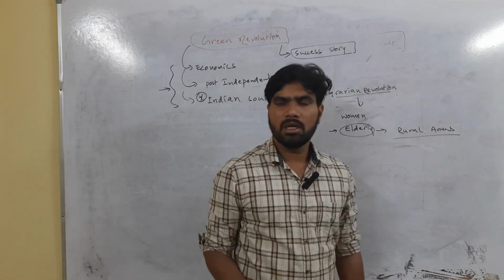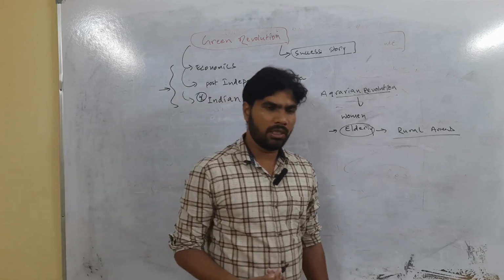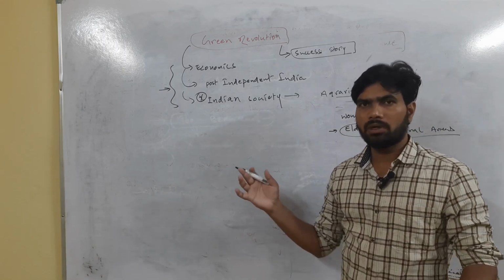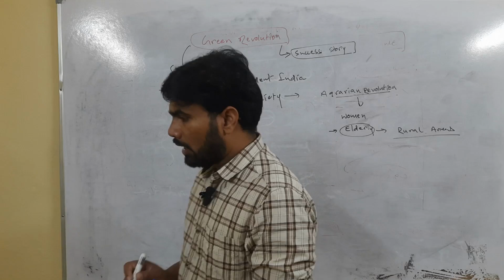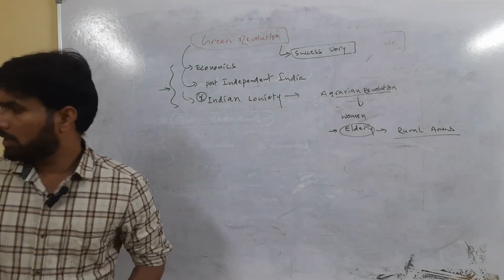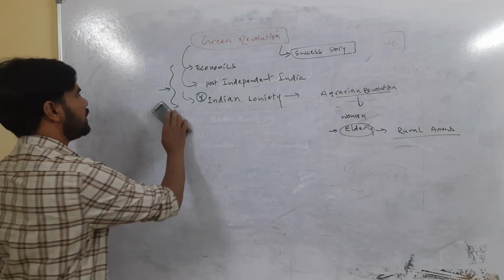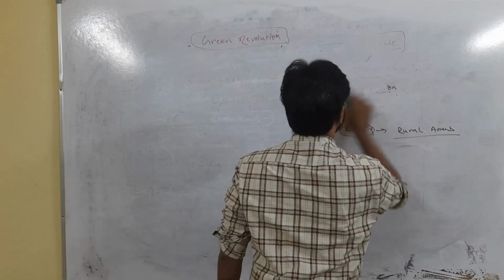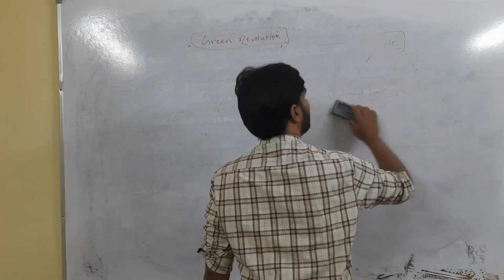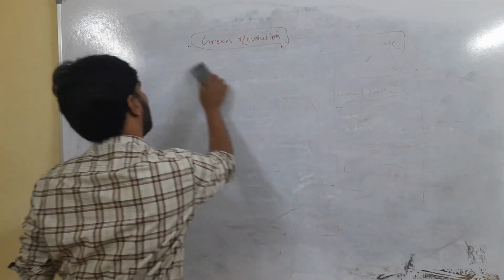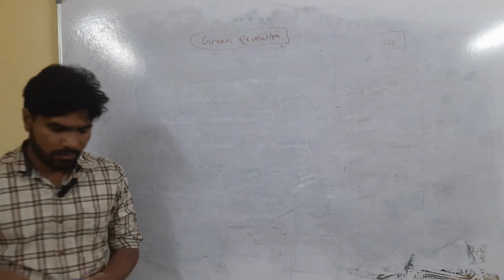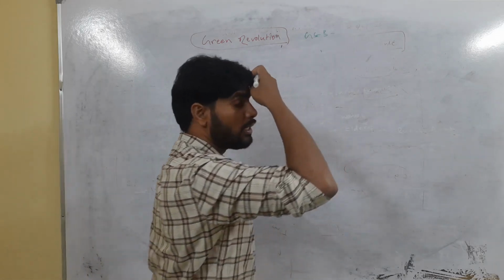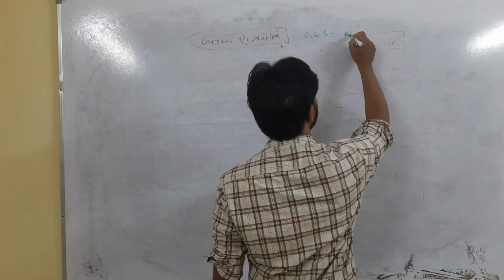Okay, you remember this, and whenever you study the Green Revolution, try to study it in a comprehensive way like this. You try to cover all the areas. For the time being, for this class, we are going to study the Green Revolution from the economic perspective, or from the point of view of agriculture. We are studying this as part of GS3, in the sectors of the economy. So the first sector is the agriculture sector.